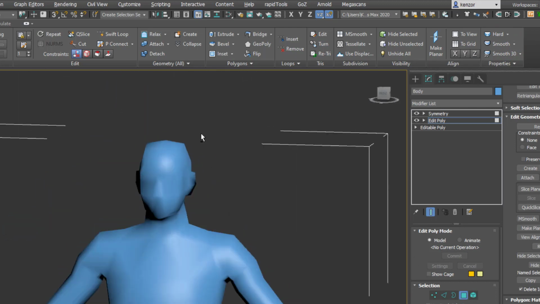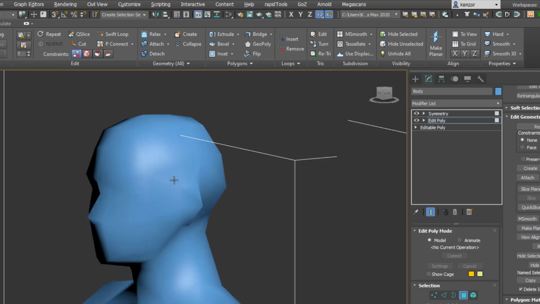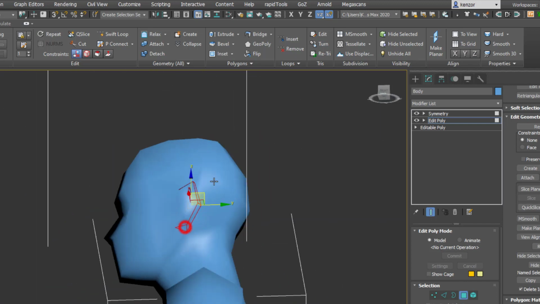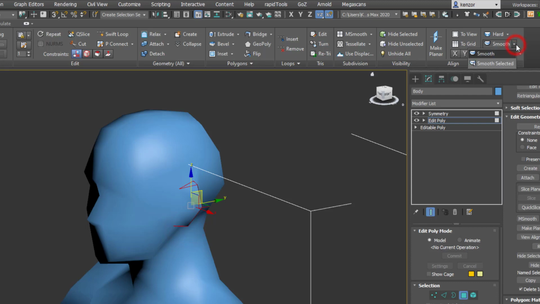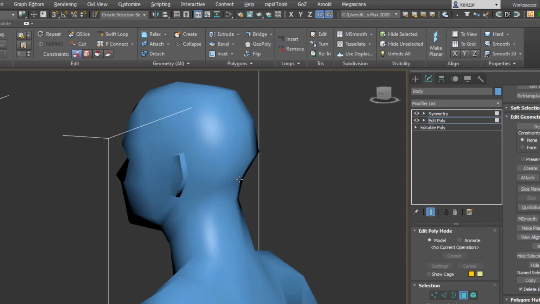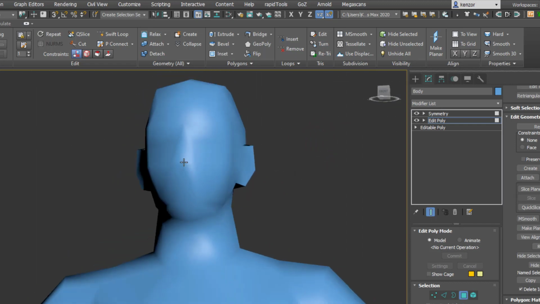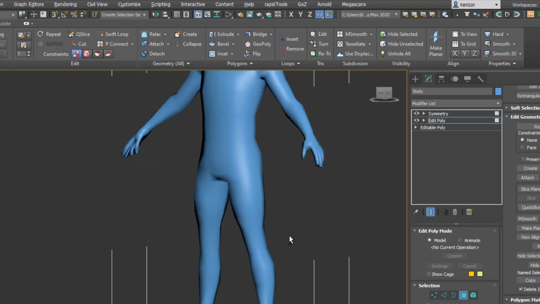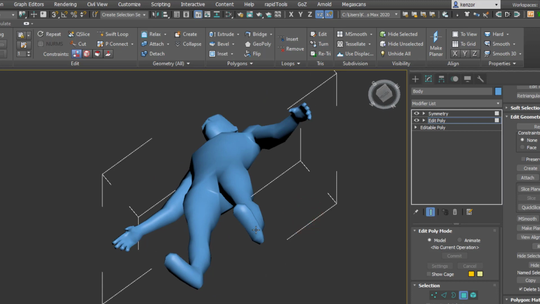Normally what I do is I'll select polygons, like say around the ear again, like that, and we can click this little arrow and we'll do smooth selected, and that'll just select those polygons and smooth them into one unit, but separate it from everything else, and that's pretty useful. Once you've activated that button, you can just keep doing it, and that's a much quicker method than trying to choose smoothing groups by hand. So we can just quickly go and fix up the whole figure again,